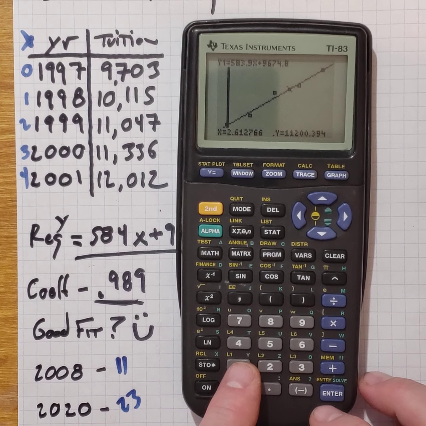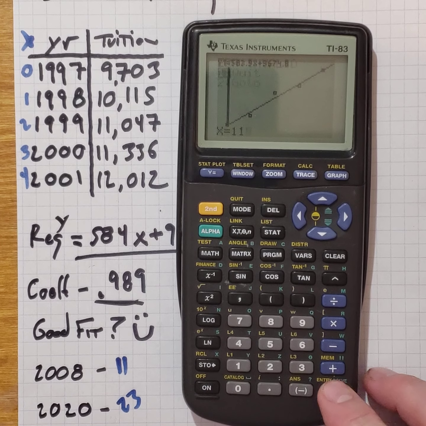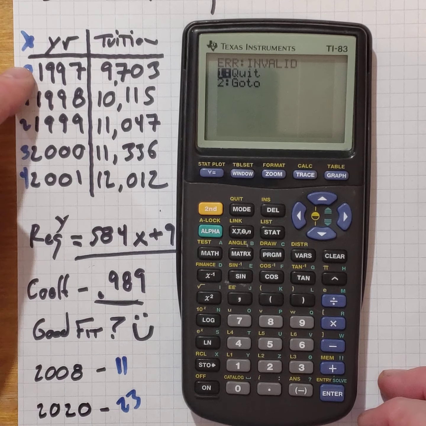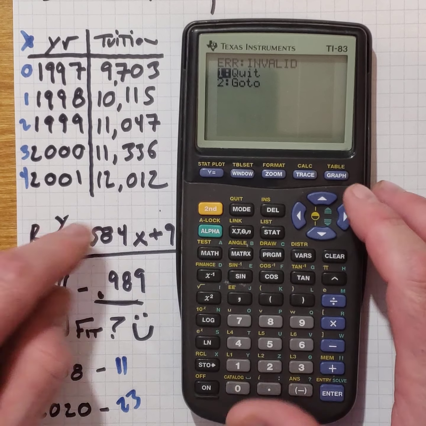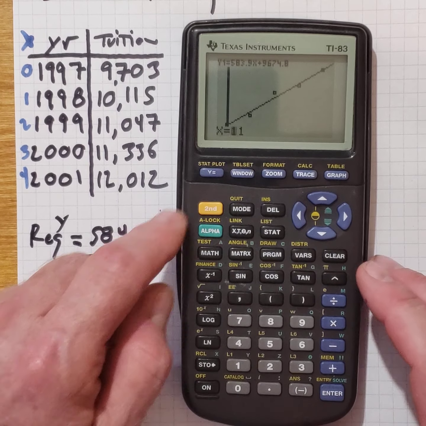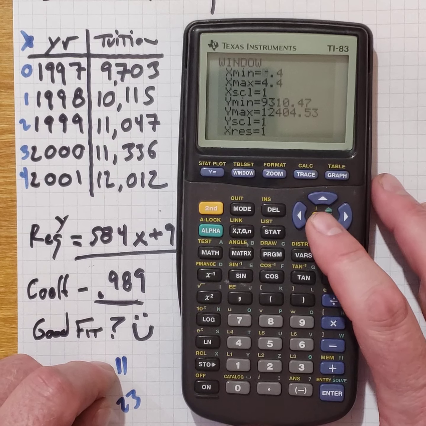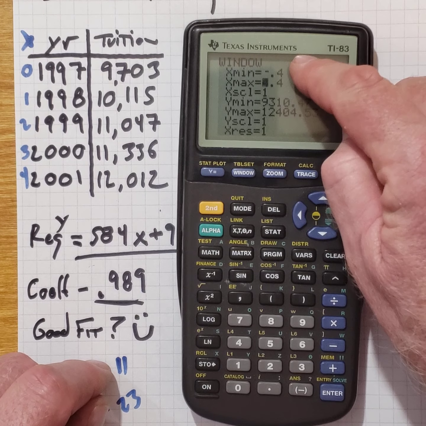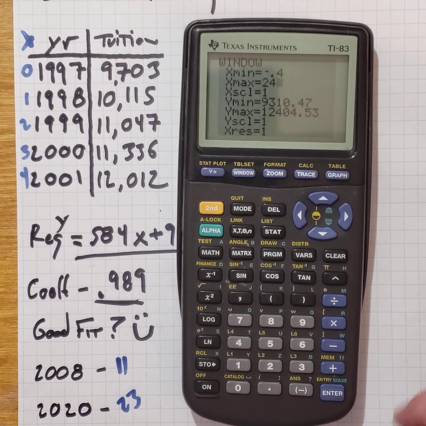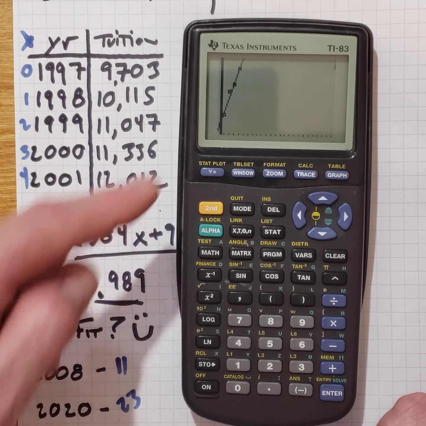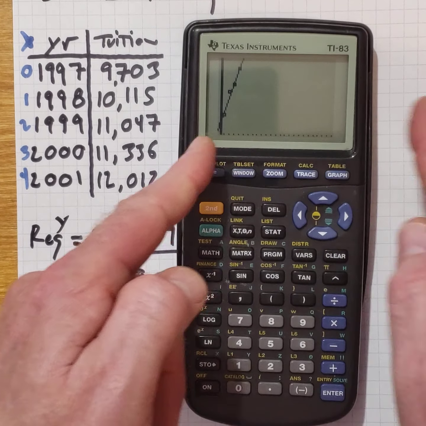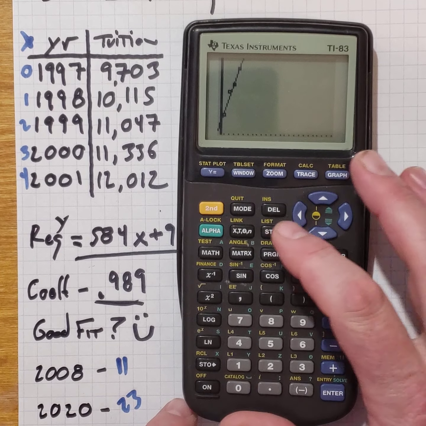Well, if I try to put 11 in here, it's going to give me an error because my window is only set up to go from 0 to 4. So I've got to set my window first here. Go to Window, and it's going from -0.4 to 4.4. I need it to go to 24. So what that's going to do is cram the data over here on the side and give me more years out to the right. Now I can go to Trace,